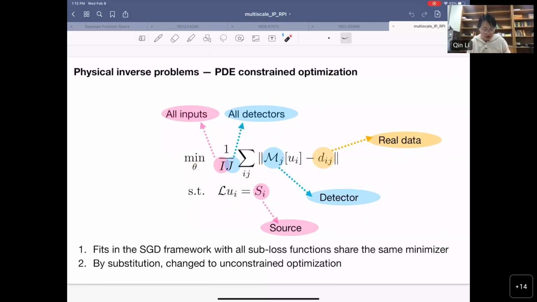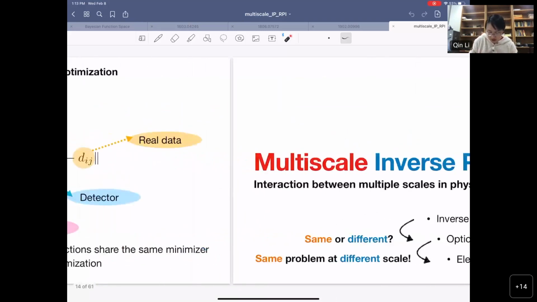Very naturally, stochastic gradient descent would be a very good algorithm framework to fit this particular setting. I should also say that although we call it PDE constrained optimization, the PDE, when we write it down, is usually well posed in the sense that you can invert this PDE operator for the solution. If you do that, you insert this solution U into the objective, and that really changes it into a non-constrained optimization. One more word.